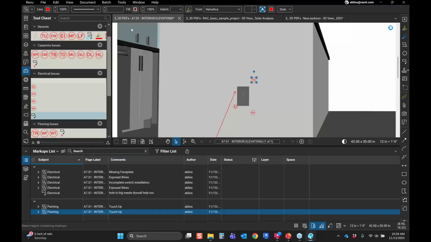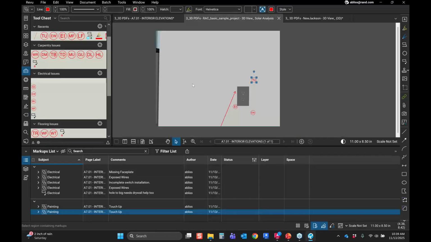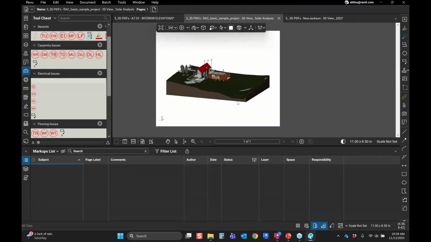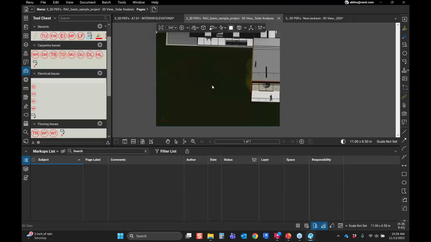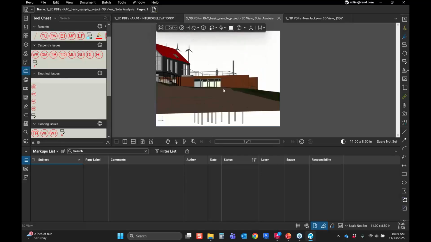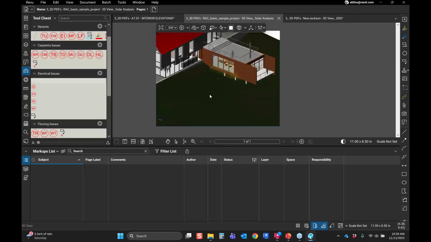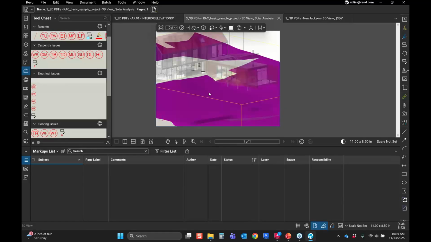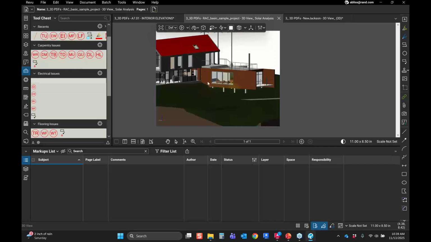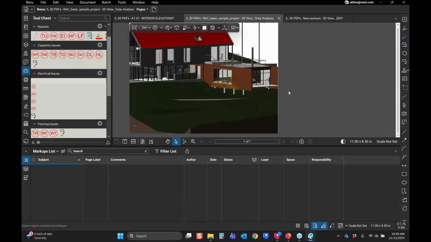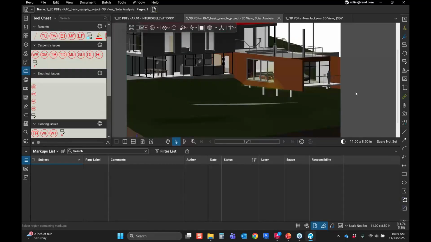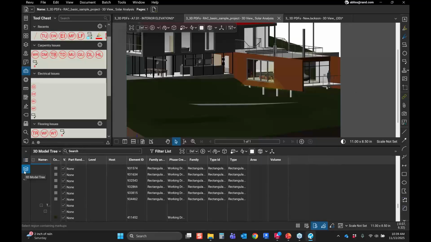Show you one more. This one's from a Navis model. So it's got the combined terrain, the structural Navisworks model, the architectural, the plumbing, everything's in there. And then the furniture, everything's in there. It's all dialed in real neat. And so you can be walking around inside of this model and playing around in there. And another thing that we can do is we can search through the 3D model tree in our Bluebeam. Can go in there for something like the sink,